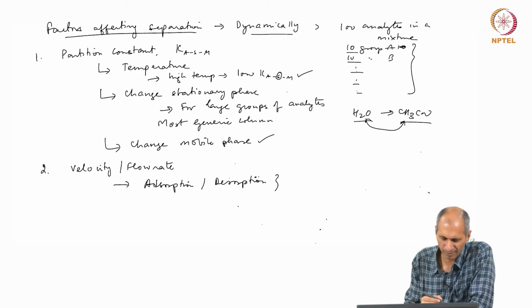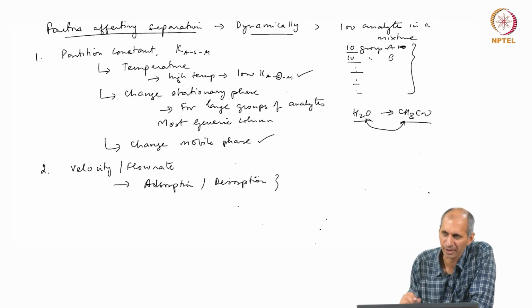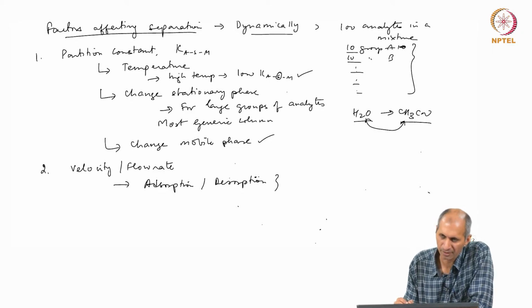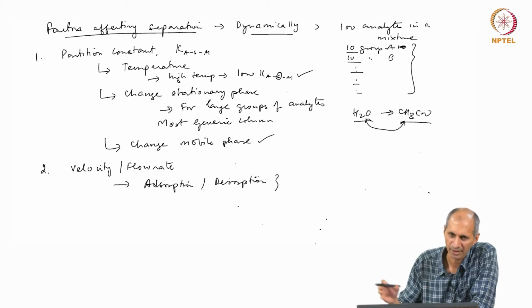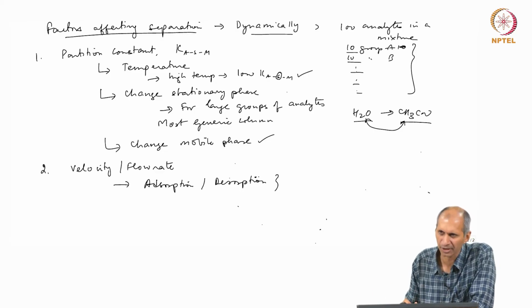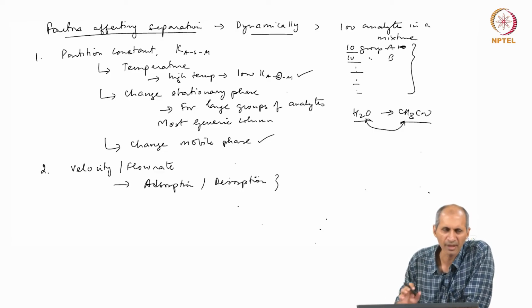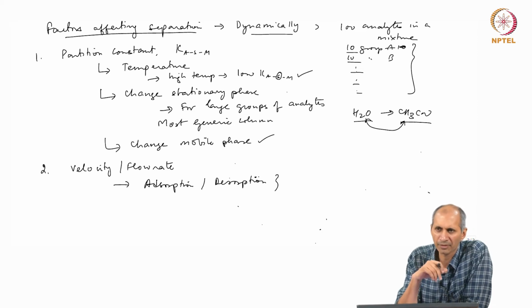But you can guess that if I increase the velocity, the compound is going to come out faster and the retention is going to be lower. But separation is a different aspect, because separation also involves the partition constant. So it is a complicated equation to solve. In packed bed adsorption, it is an unsteady state problem. It changes along the length of the column as the compound is going through. We will not discuss that too much here, but from a rule of thumb heuristic point of view,